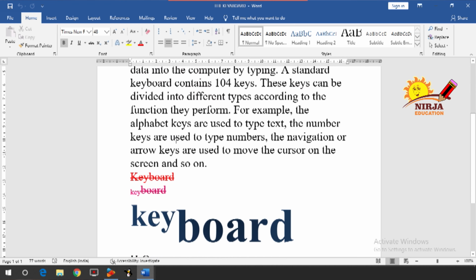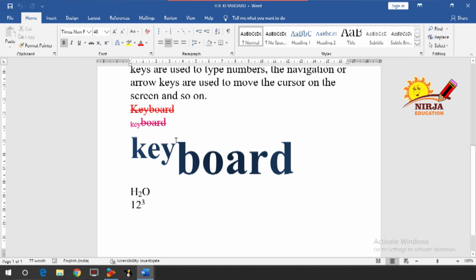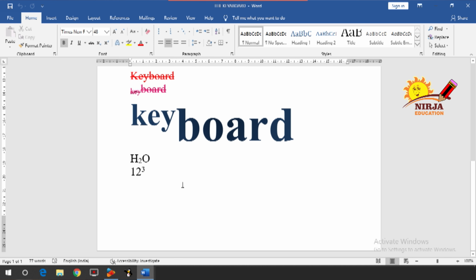So before that, as you remember, this is subscript, superscript, strike through and many other things, right? So let's perform the paragraph one. So first I am going to write the input devices as a heading.